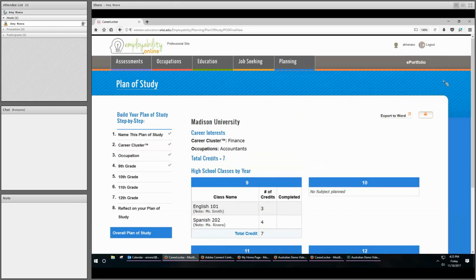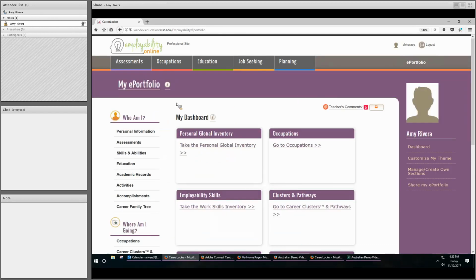Now, lastly, before we wrap up today's webinar, just as a reminder, everything is saved into the student's ePortfolio. So when I click ePortfolio, this is my storage house. So I can add anything into my ePortfolio. We have a dashboard. We can look up the most recent items such as the personal globe inventory, occupations, employability